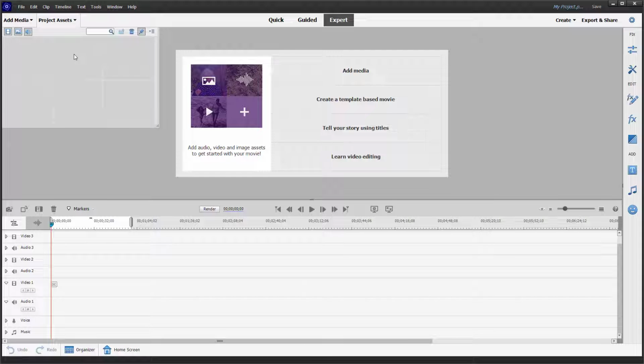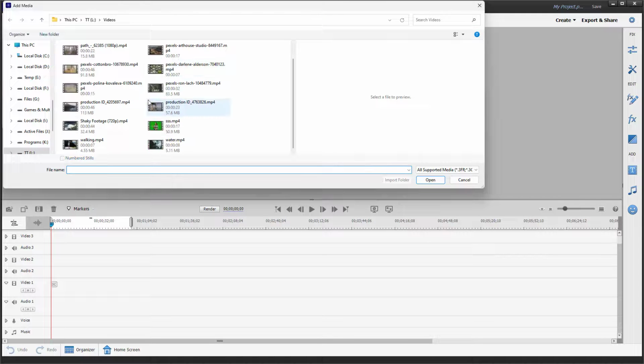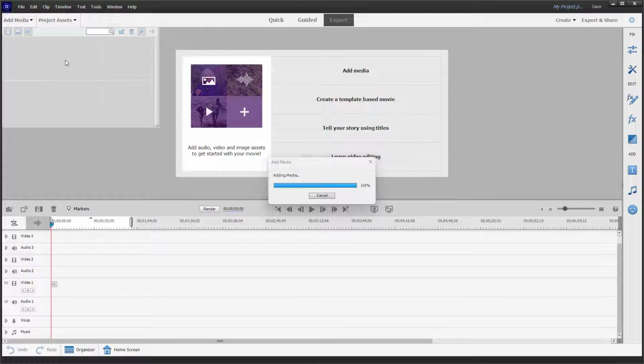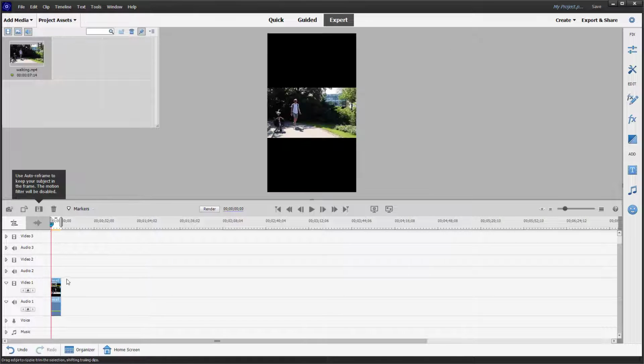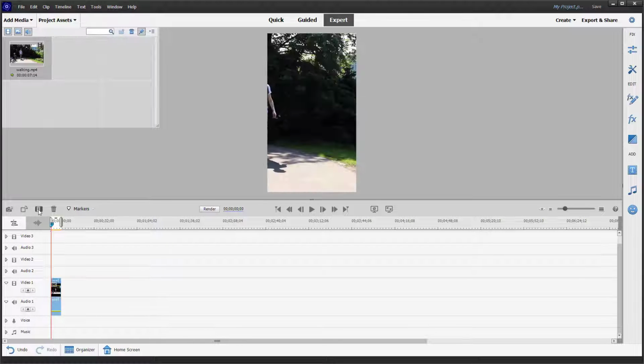So now I'm going to bring in a video right here. I'm just going to bring in a person walking video and bring it in video layer 1 right here. But you can see that this video is in landscape and it is not in portrait. So if you want to, for example, automatically crop the video and let Adobe Premiere Elements do its thing, then while selecting this clip, you can utilize Auto